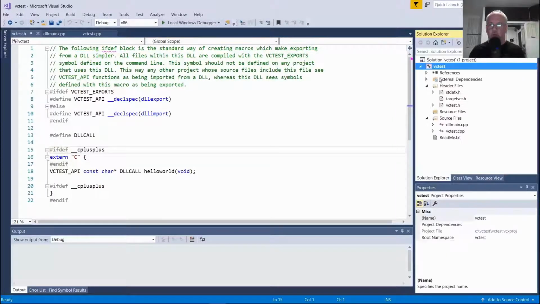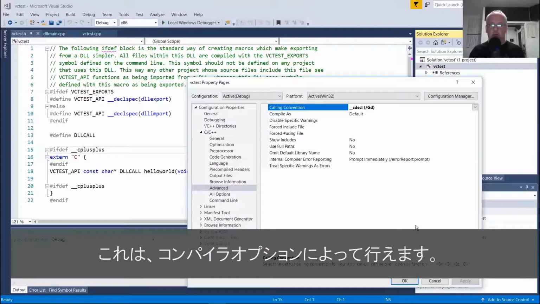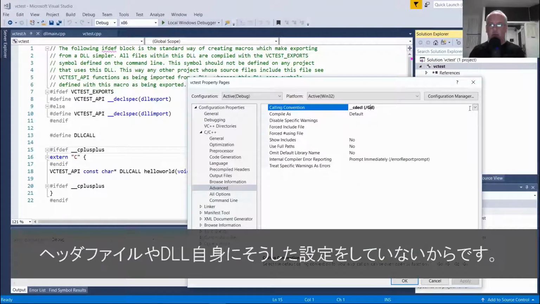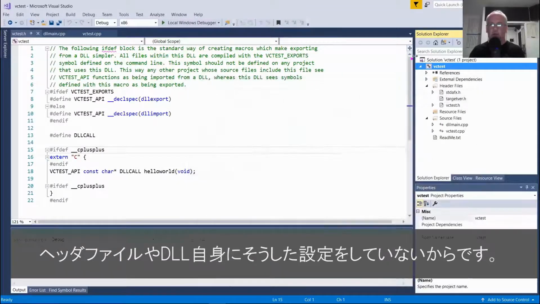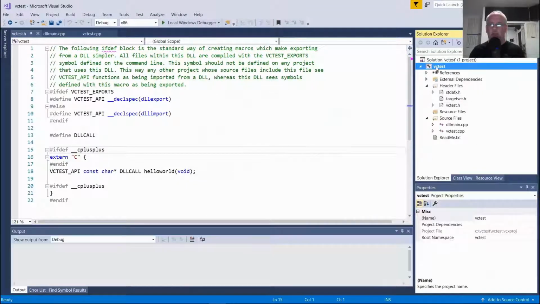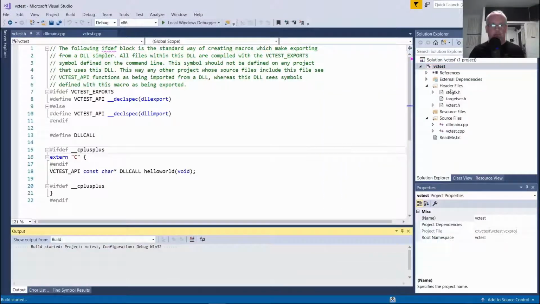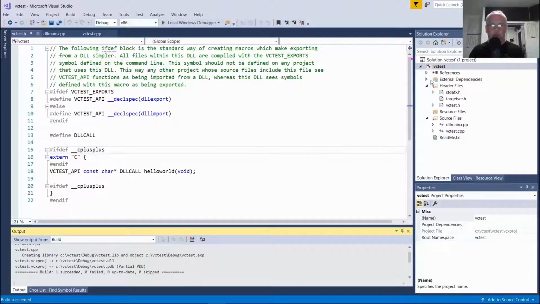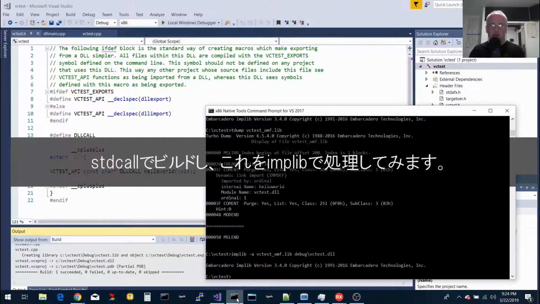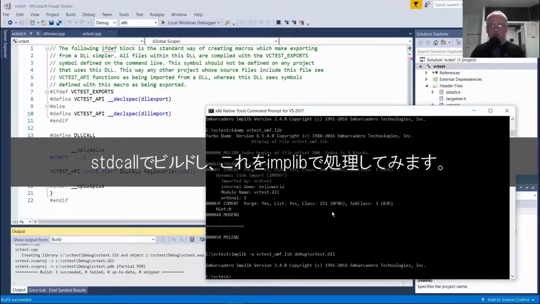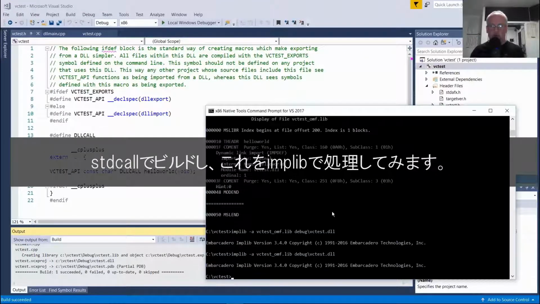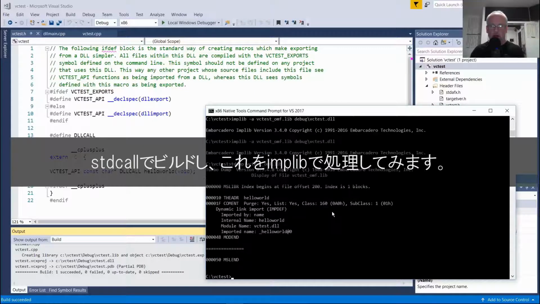In this case, we'll just do it with the compiler option, because we really don't have any visibility into that from header files or the DLL itself. So now it's built with standard call. If we do this implib, and then let's look at it.